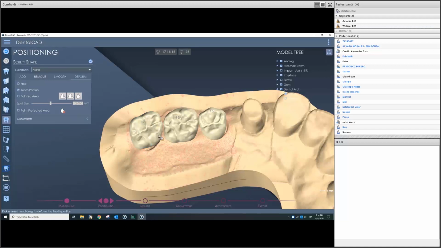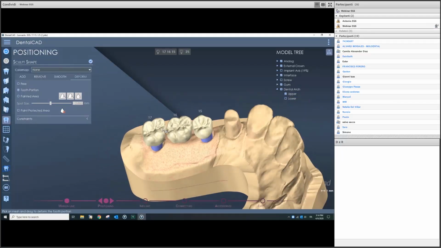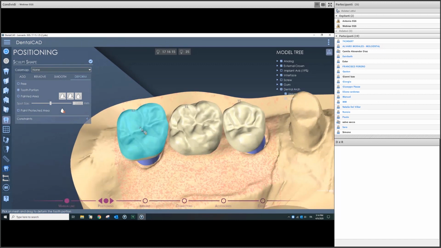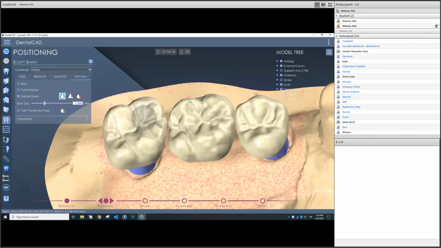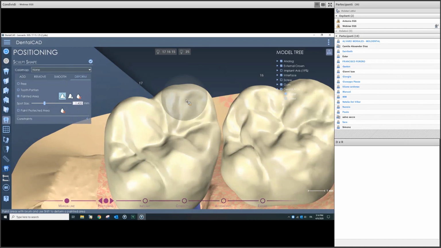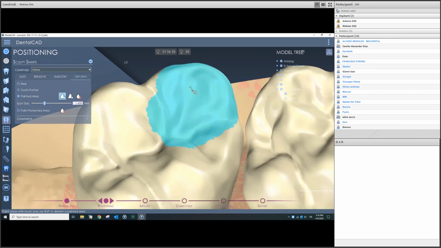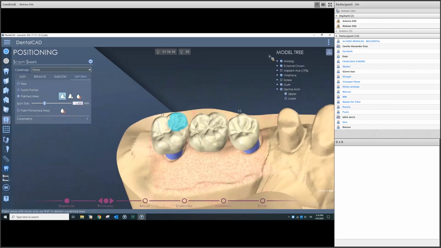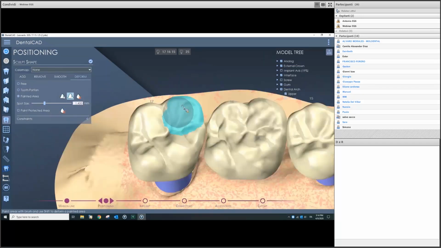So the software recognizes the cusps. We have the possibility even to draw, to define only an area on the tooth and modify it in two different ways: elastic deformation and rigid deformation, like this, with the shift and left click on mouse, or rigid. Okay,